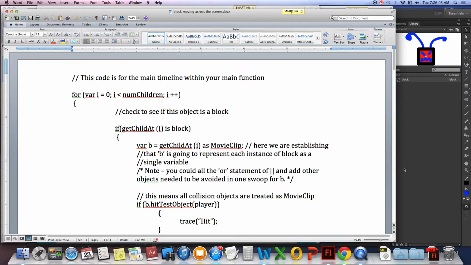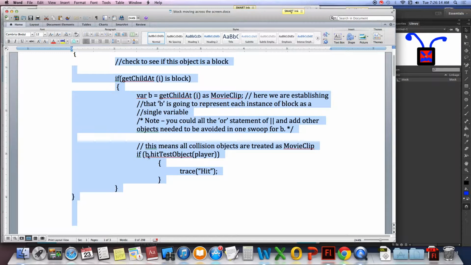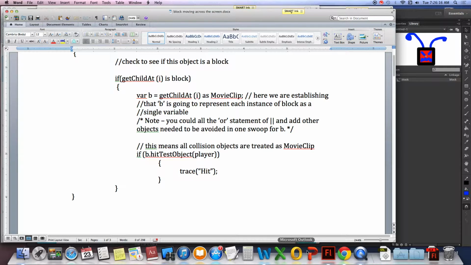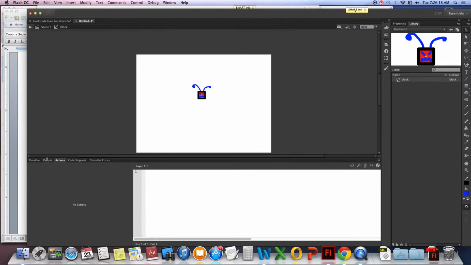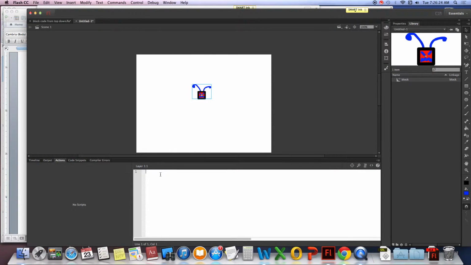So if I scroll to the very top, it says this code is for the main timeline within your main function. Well, it starts off with a for and it goes down to a hit test. So what I need to do is first establish that I have a main function. So under scene 1, timeline, actions, I'm going to type in